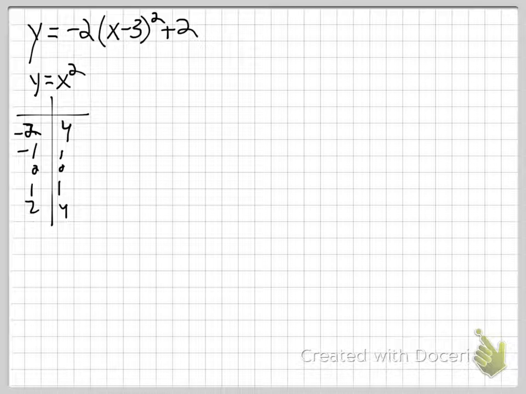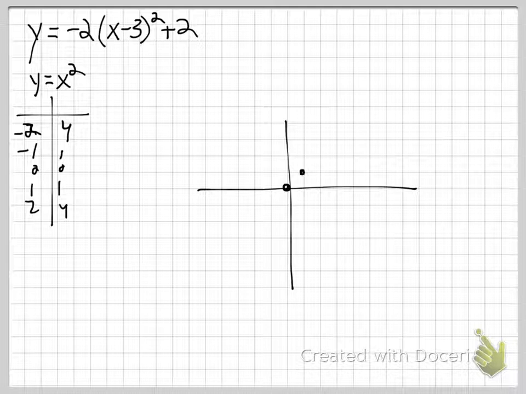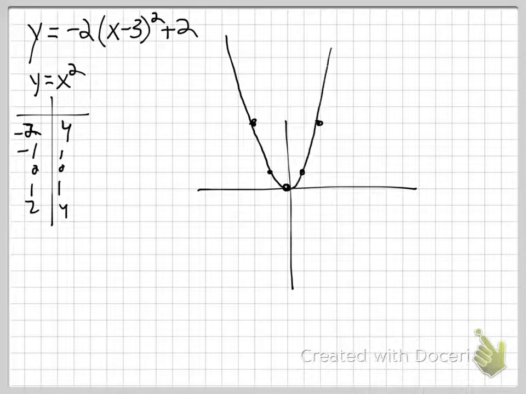And let's go ahead and graph that. 0, 0, positive and negative 1, 1, positive and negative 2, 4. And we'll go ahead and make our parabola. Awesome. So if you're going to want to do this graphically, that's fine, but you need to make sure you